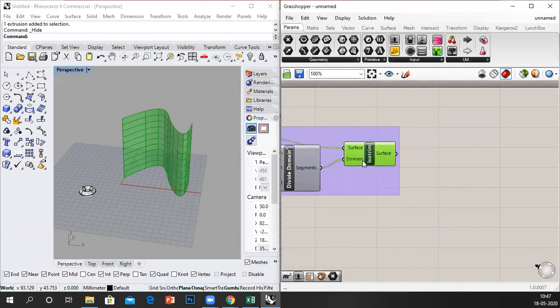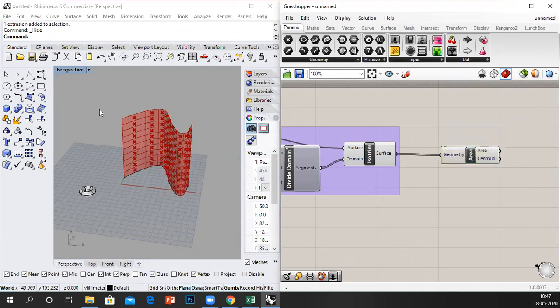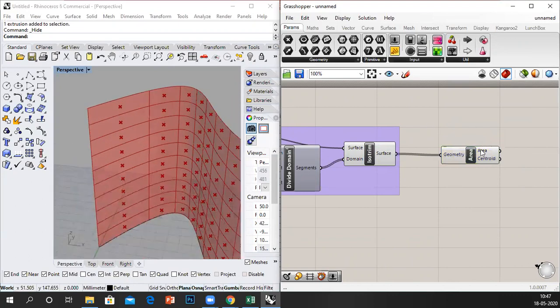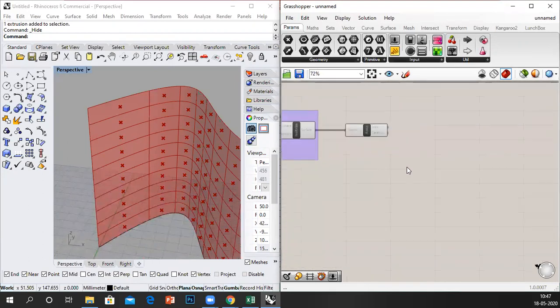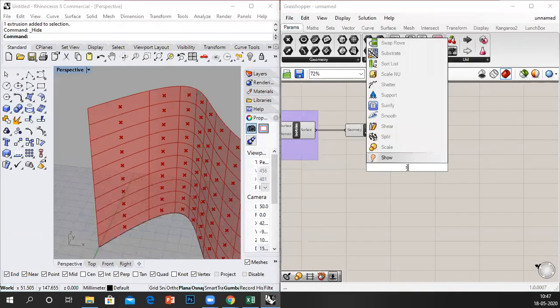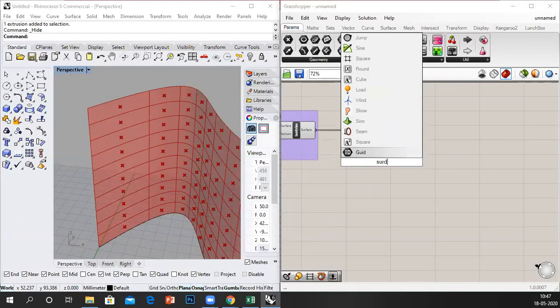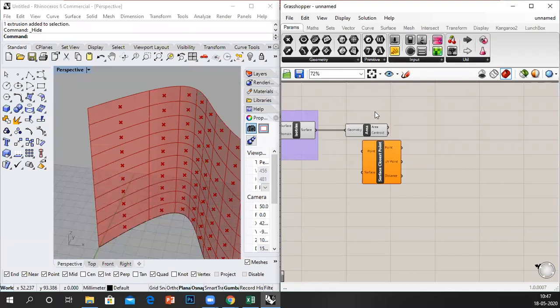Now what we are gonna do is calculate the area. Why are we doing area? To get the center point. Now we've got all the points. Now we need to change all the planes here to match the surface curvature. Again, standard, we've got two things to do. First, surface closest to point.